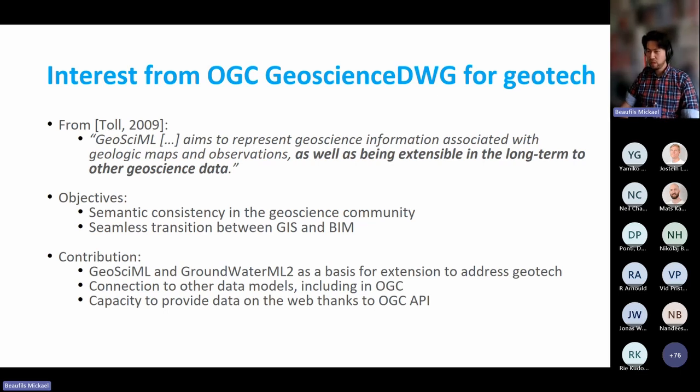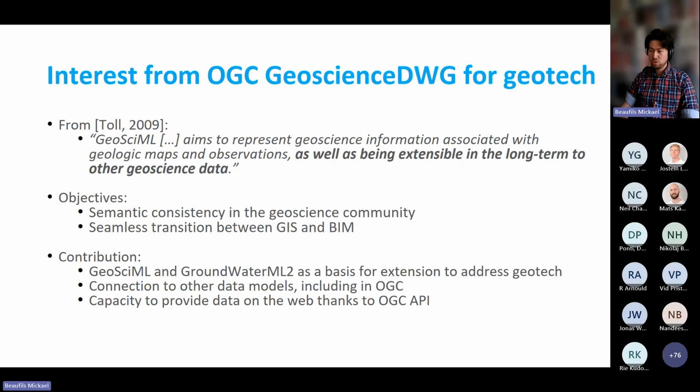What we targeted was a seamless transition between GIS and BIM. You certainly use GIS daily, maybe also BIM. These are two different environments, but still the data you may want to use are about the same thing, even if they are not represented the same way. What the OGC Geoscience Domain Working Group brought into that project was GeoSciML and GroundWaterML2 as a basis for extensions to other geotech.